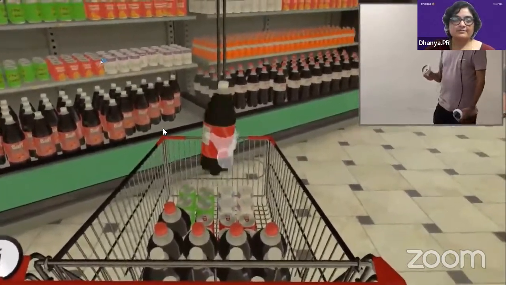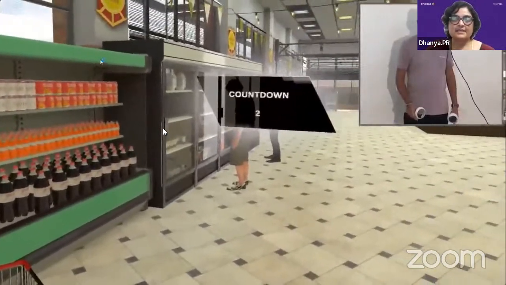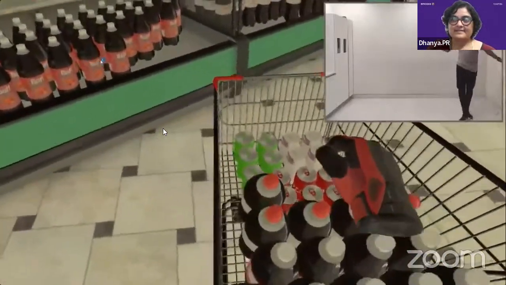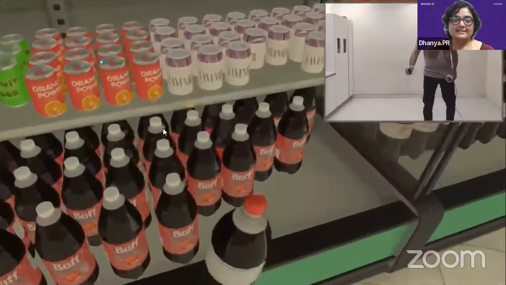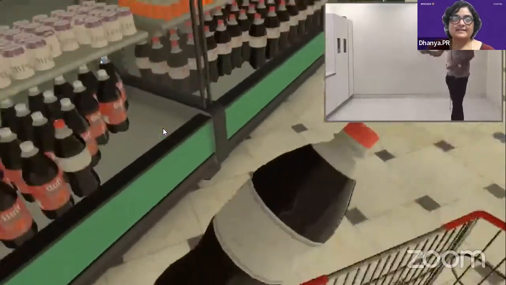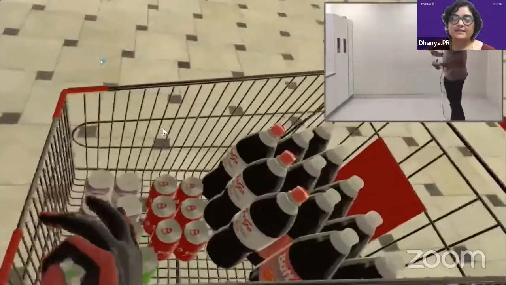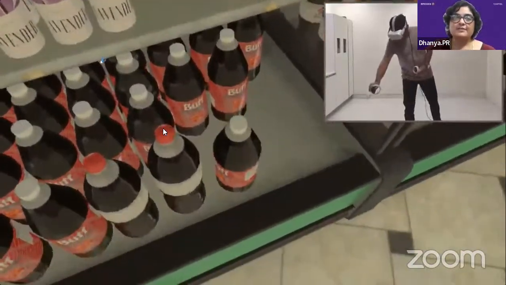So we'll show how the person is watching it. So for him, he's actually picking it and placing it. So this is his hand. This is what he is seeing. He's taking the bottle and placing it. Taking a bottle, placing it. So this particular thing, we can use that for any technical training, like you want to repair,